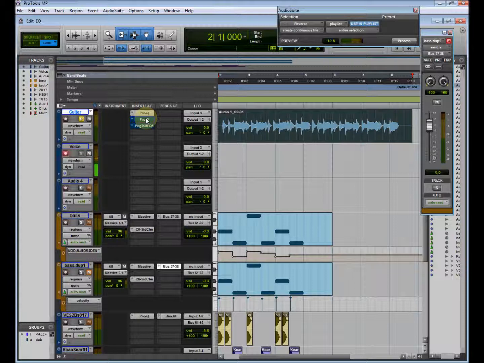So always EQ in the context of your mix, or at least finish your EQing in the context of your mix. That's very important. Okay, so that's number 2. Number 3,